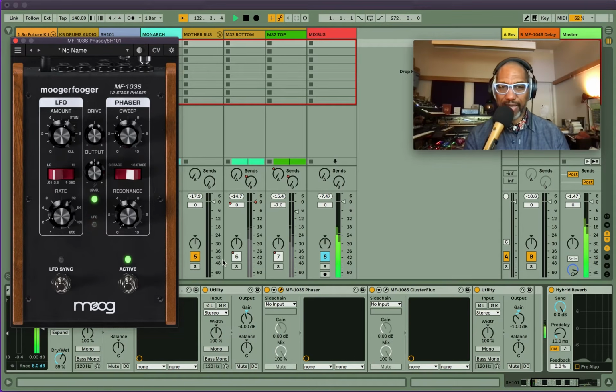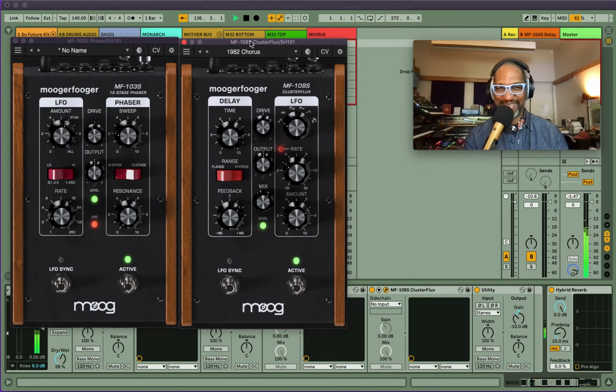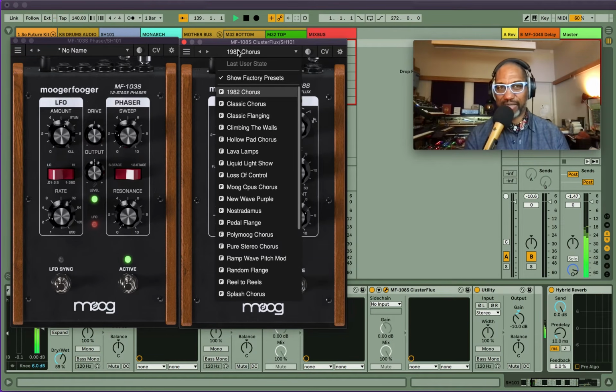But yeah, and then I have that going into a Cluster Flux. Be careful how you say that. And I'm using it. This is a preset. They all have presets. I used just my own on this. I didn't save it, but